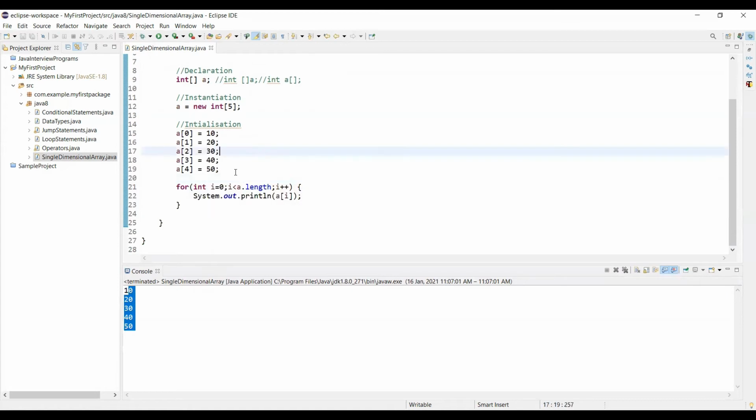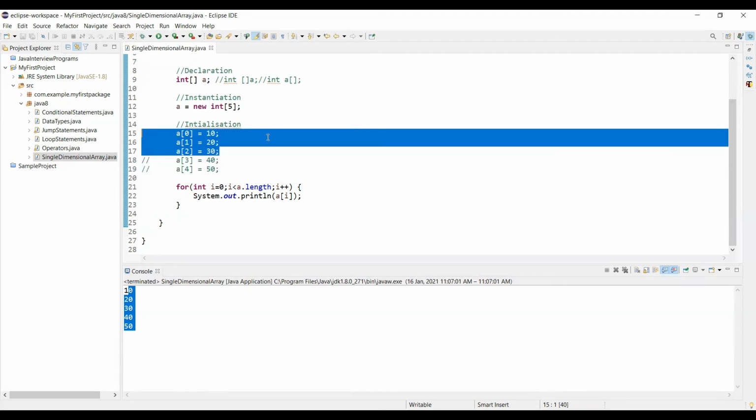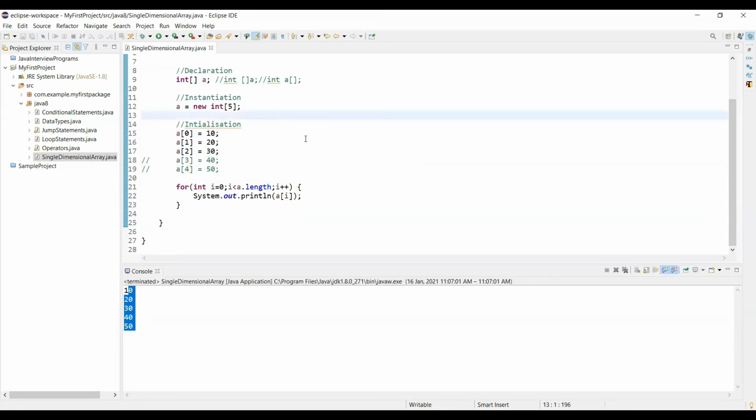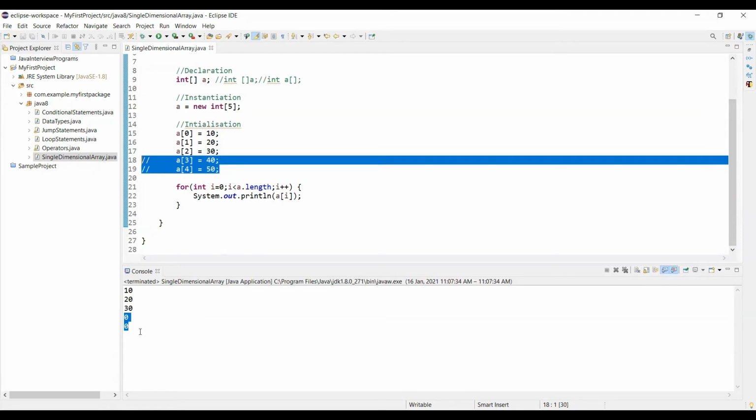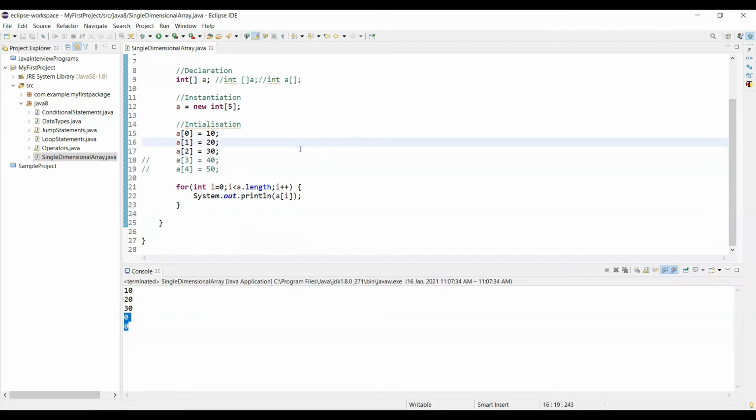Now what if I don't initialize some of these values? I thought I'd have 5 integer values in my array, but I used only 3 integer values in the array, and the rest of the 2 I left as is. So what happens if I try to print these element values? Let's see that now. You can see the fourth and fifth, or the third and fourth index elements, we did not initialize values to, but it is displaying 0. So with this we can understand that the default value for an int array is 0.